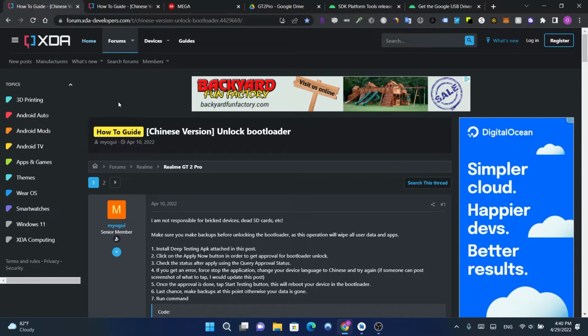And if you're willing to take it, then go ahead, and that's what I'm going to do because I want to change it to global ROM. So let's just go ahead and start, and I'm going to show you what you're going to need to do the flashing. All right, so these are the two forums on